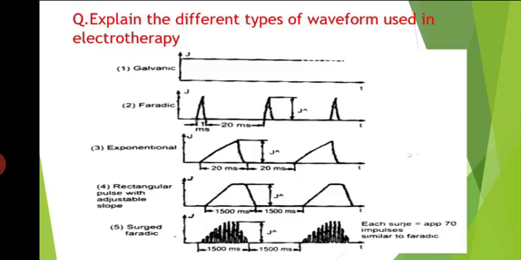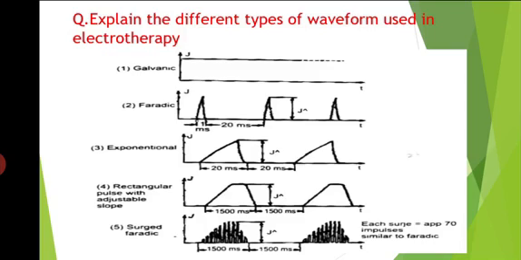Next is the surging current. If the peak current intensity applied to the patient increases and decreases rhythmically, and the rate of increase and decrease of the peak amplitude is slow, the resulting shape of the current waveform is called a surging current, mainly used in treatment of functional paralysis. The surge rate is 6 to 60 surges per minute. The duration of surging is adjustable. It is also used in the treatment of pain and spasms.